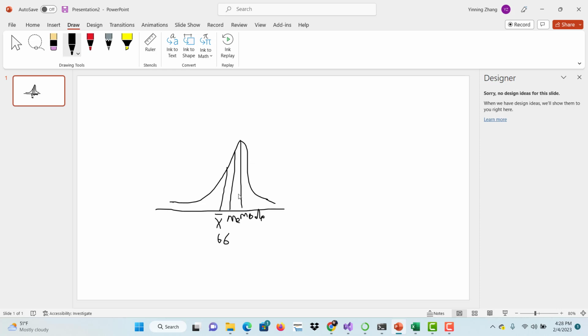So actually, this picture means the scores are very healthy, because most students achieved over 66. Only very few students are under this score. So if it's for the exam, the score is pretty good. And on the other hand, if we have a picture like this,